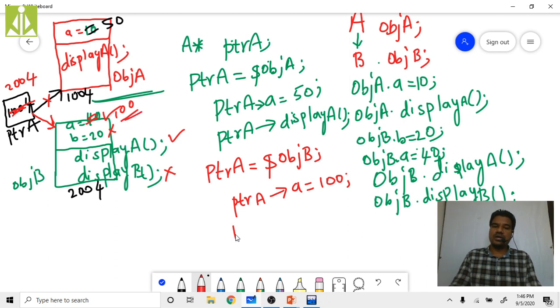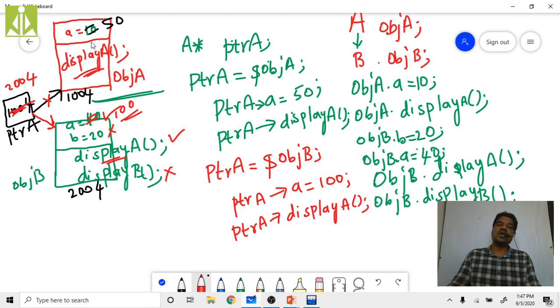So if you invoke ptrA arrow displayA, from where will this displayA get invoked? Is it going to be invoked from the base class? No. Again, as we don't have any relationship over here, it will not be invoked. If this is invoking, you will get this 50 on the output. And if this is invoking, you will get this 100 on the output, because displayA is printing only the A value. displayB is printing only the B value.